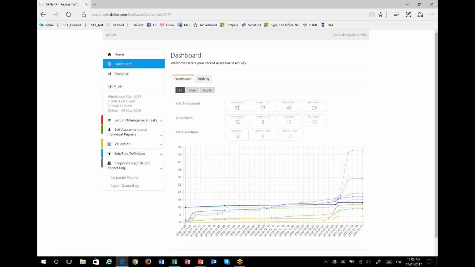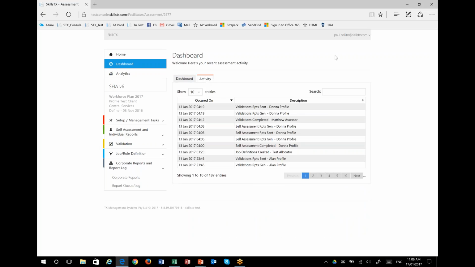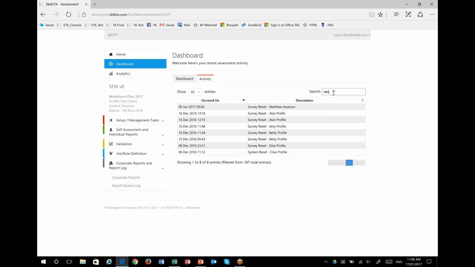Previously they were just used to differentiate, but the self-assessment actions are varying shades of blue, the validations green, and the job definitions orange. I've got the report generated in grey there, as they're less relevant activities in the grand scheme of things. If we click across into the activity tab and I filter this on reset, for example,